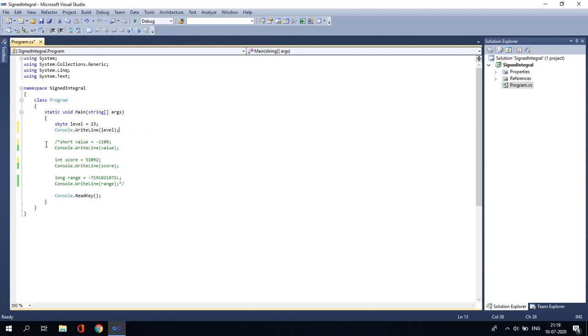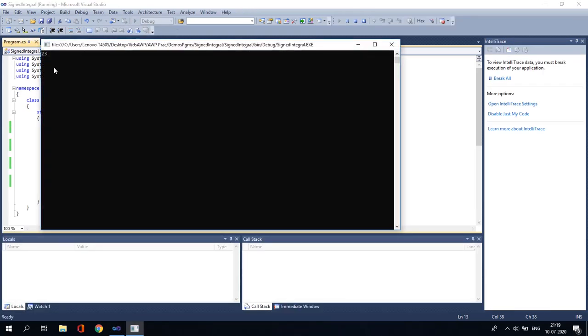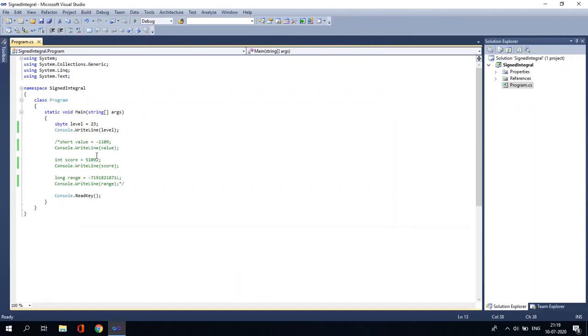Now sbyte is of size 8 bits. If you put the mouse pointer over it, it will tell you the details, representing an 8-bit signed integer. It is of data type struct coming from the using directive System.SByte, so using System is being included. It will give you 8-bit size, and the range of sbyte is -128 to +127. Both positive and negative numbers are included. So let's run. It will display 23. You can practice this for all types of signed integrals. I've shown you sbyte, short, int, and long.